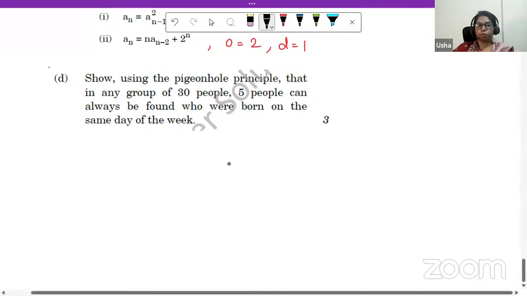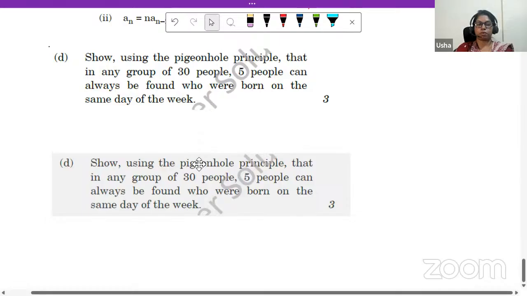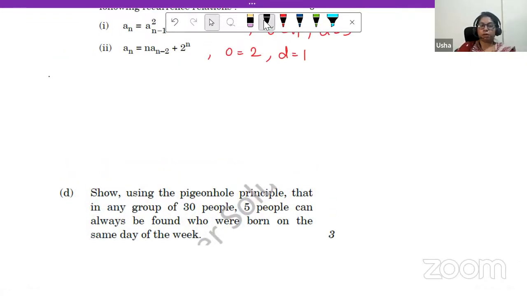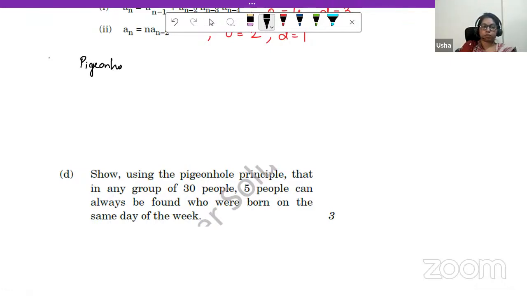Okay. So according to the pigeonhole principle, if there are n objects, you don't have to write the pigeonhole principle as an answer. You should just solve it. I am explaining what the pigeonhole principle is. This is used to find the minimum number of objects that should be put in each of the containers. So according to this pigeonhole principle, if there are